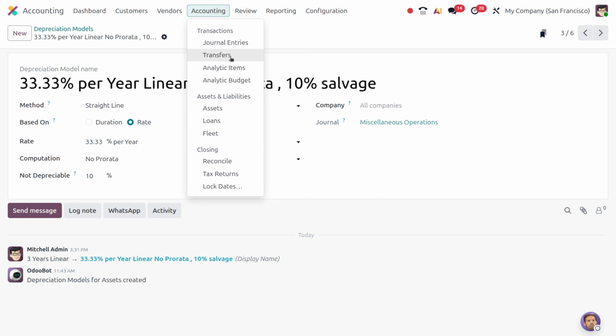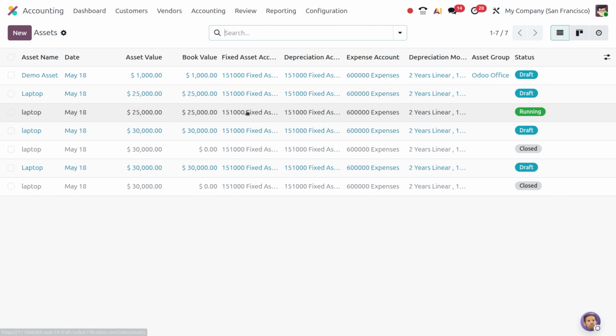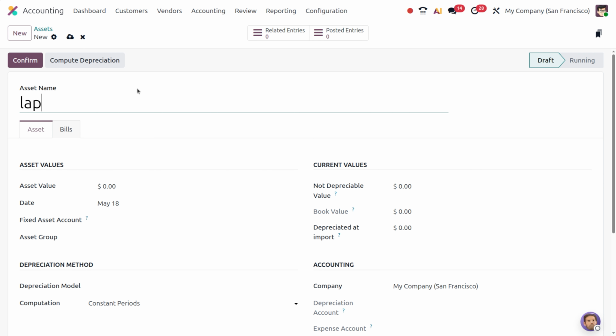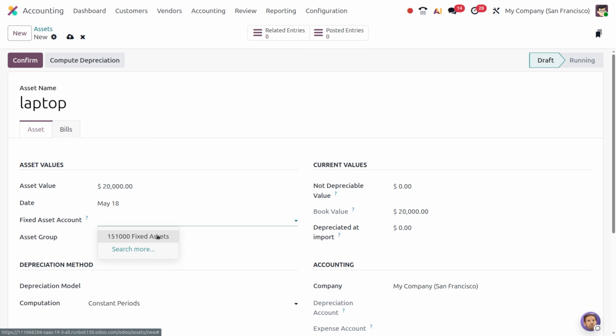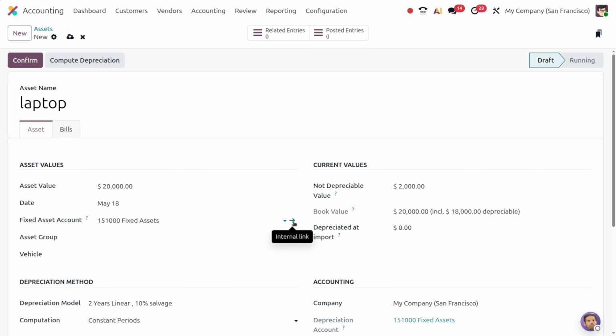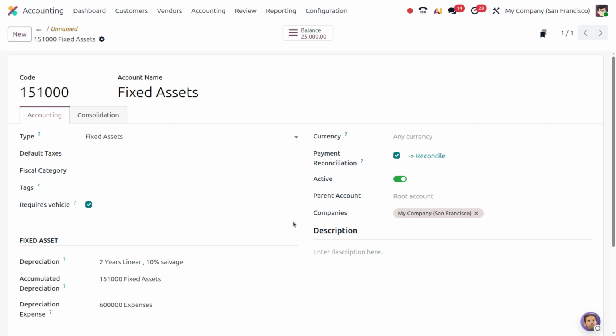Now let's move on to the accounting and let me consider the asset. And here I would like to create an asset. So the asset name is laptop. And later on you can set the value of the asset. Let's set 20,000 as the asset value. You can choose the fixed asset over here. Upon moving on to the internal link of the product, you can see that we have